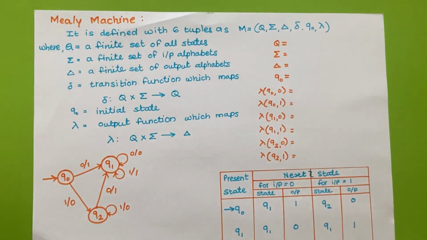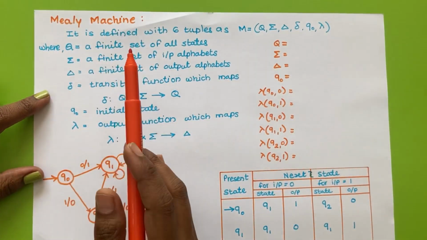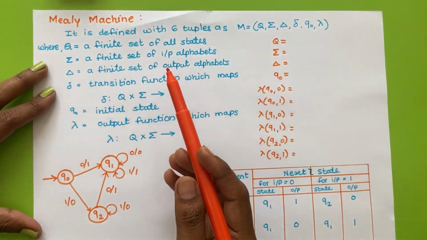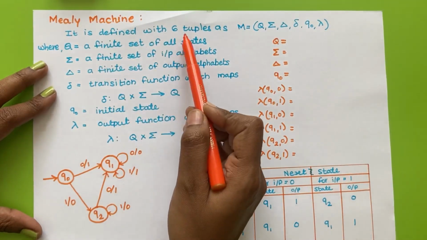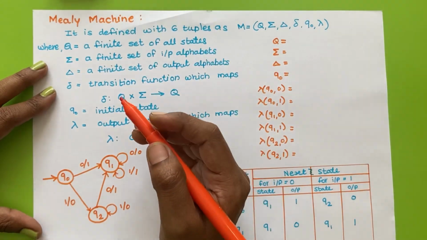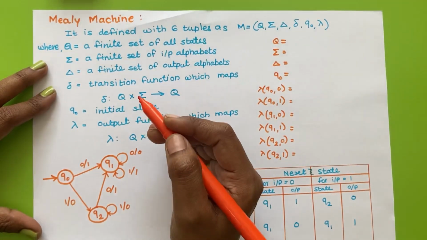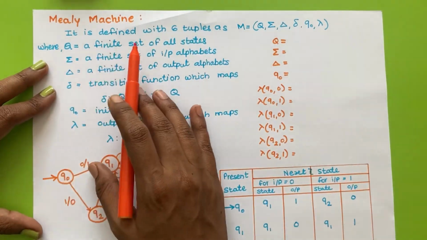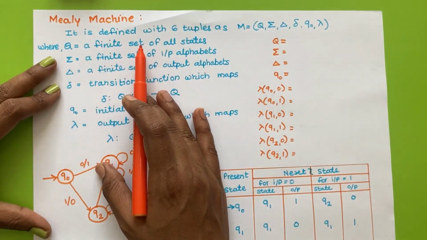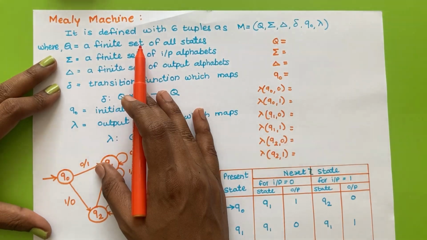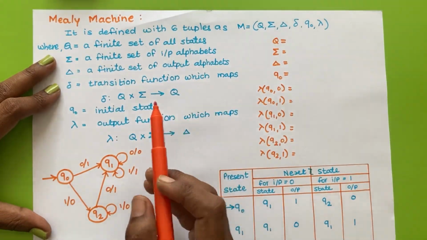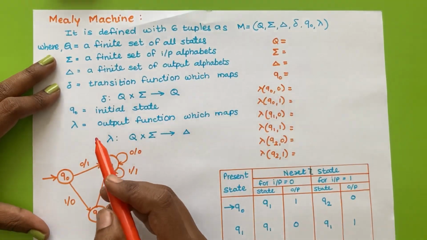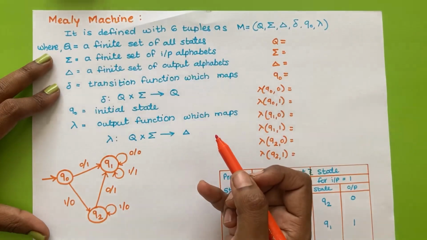Here we'll introduce and define Mealy machine. Mealy machine is also a deterministic output machine which is defined with the help of 6 tuples. Mealy machine and Moore machines are similar kinds of machines, meaning they can be interconverted. So the tuples used to define Moore machine can be used to define Mealy machine also. There is just one difference between the output function of Mealy and Moore machine. So we'll see one by one.